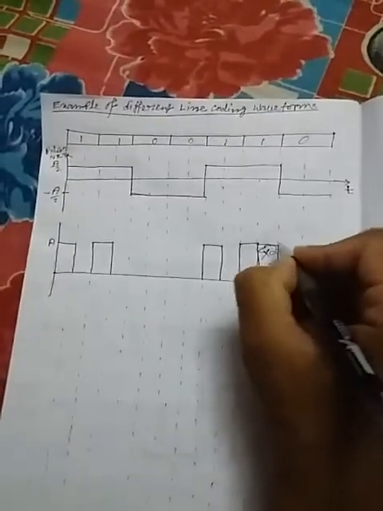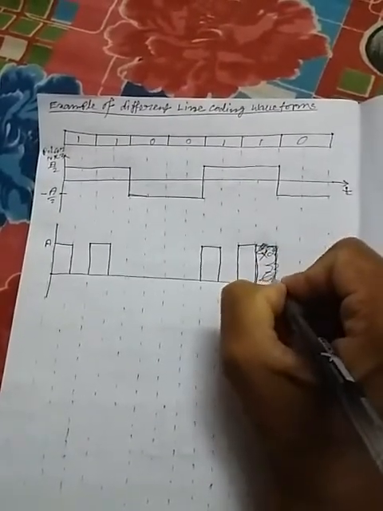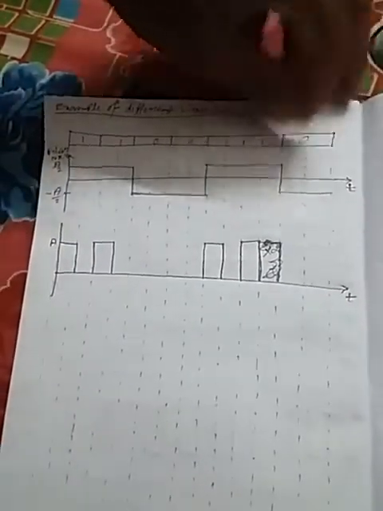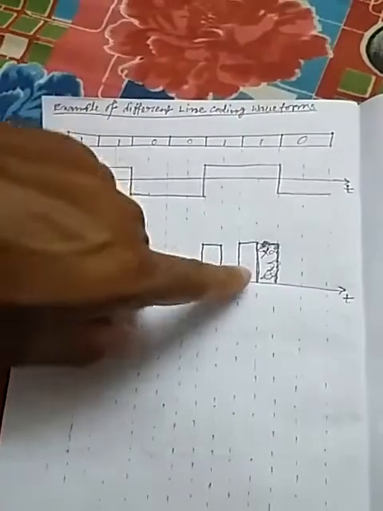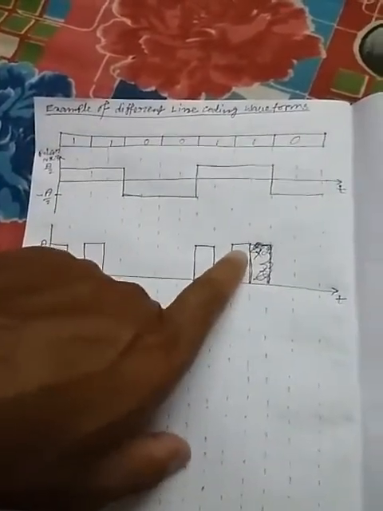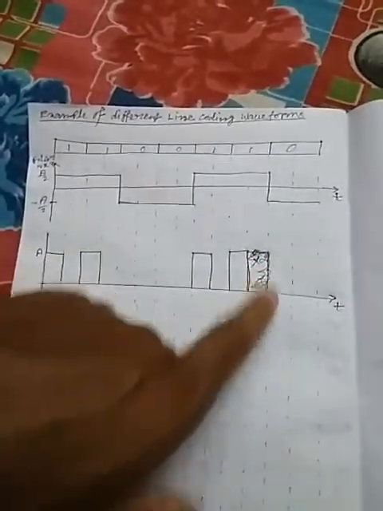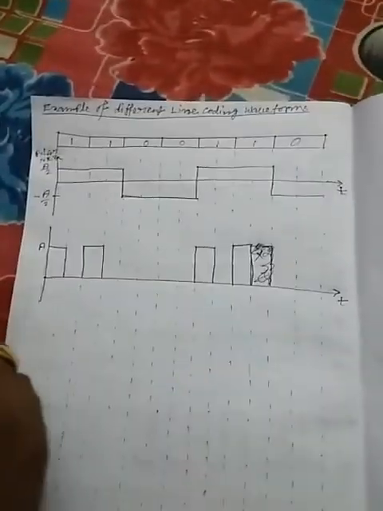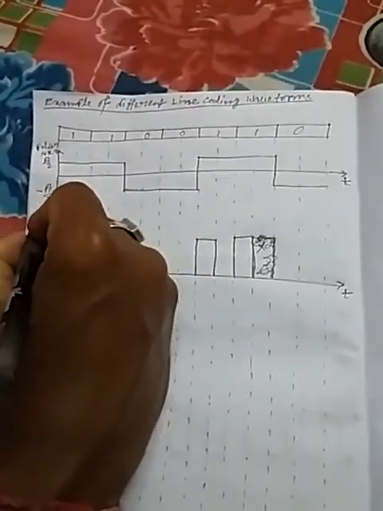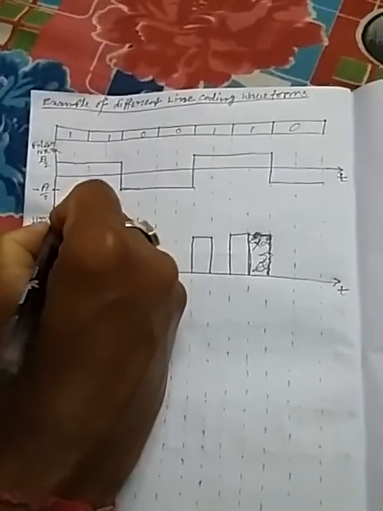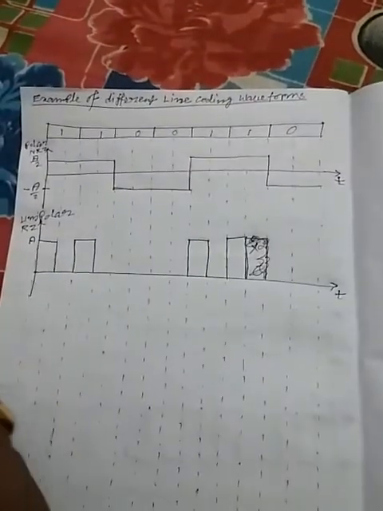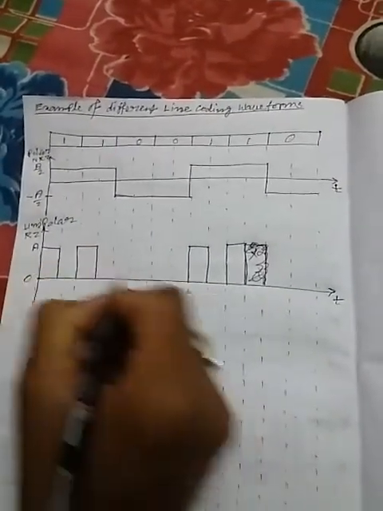Okay, so here will be 0, this will be basically 0 because this is the first half, and this is the second half of 1. So in the first half only there will be a positive amplitude A, but in the second half there will be the absence of amplitude. Okay, so this is a unipolar return to 0 type waveform, that is RZ waveform. And this is the 0th level.